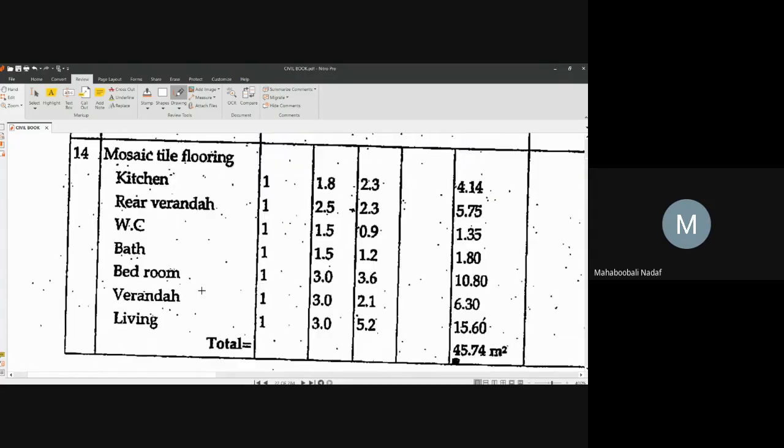Now flooring, easiest, inside to inside, above the plinth. All the rooms you should take inside to inside. Can you check one room whether it is there like that or not? Any one dimension. Take the veranda. Veranda dimensions, whether they are same in the diagram. 3 and 2.1. Check the bedroom size, 3 and 3.6.